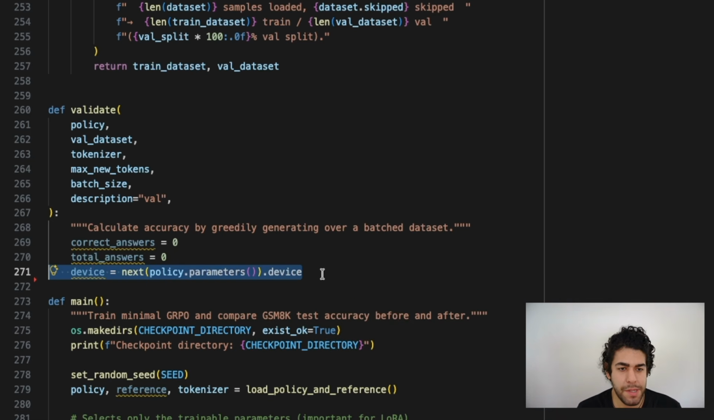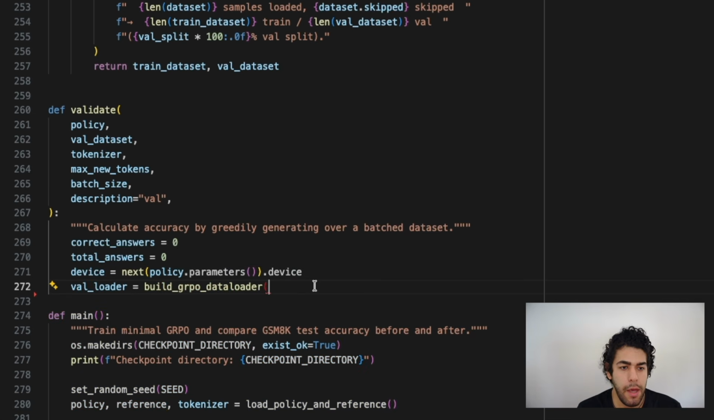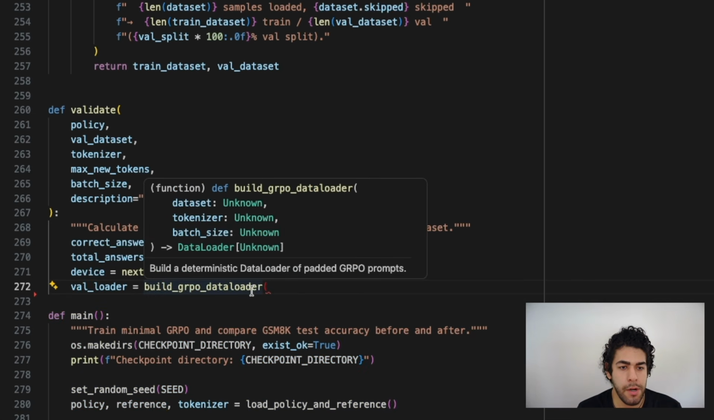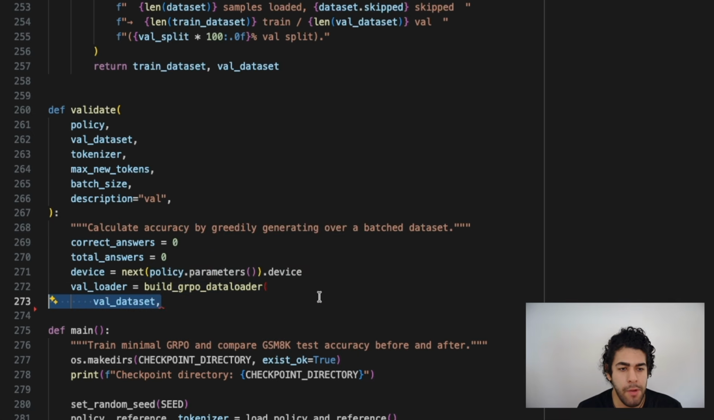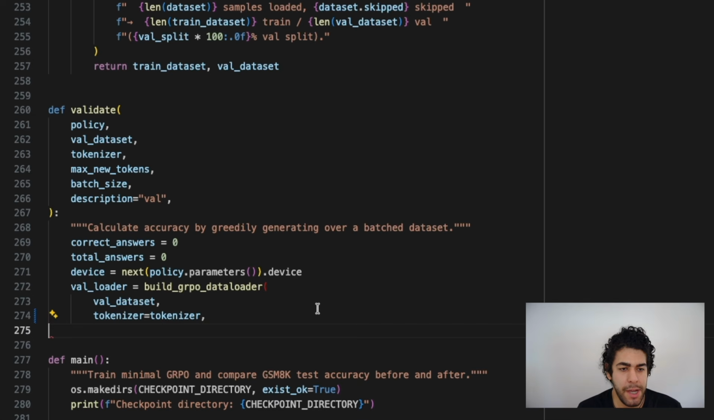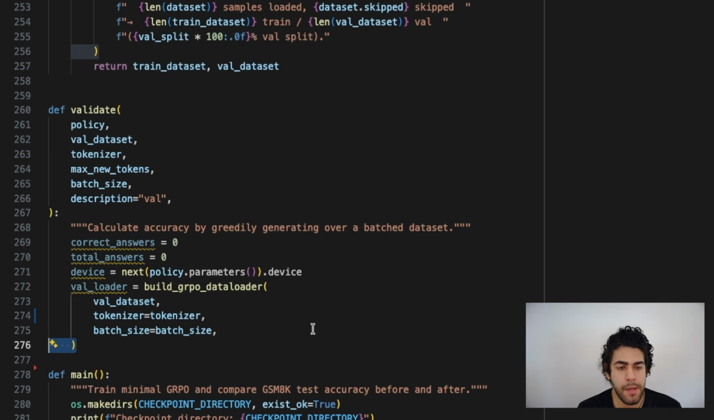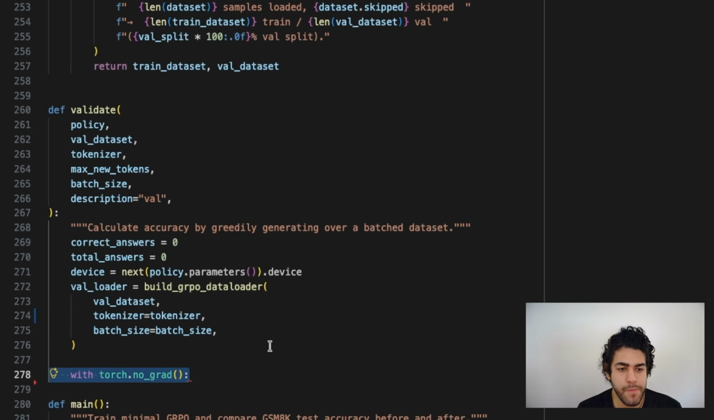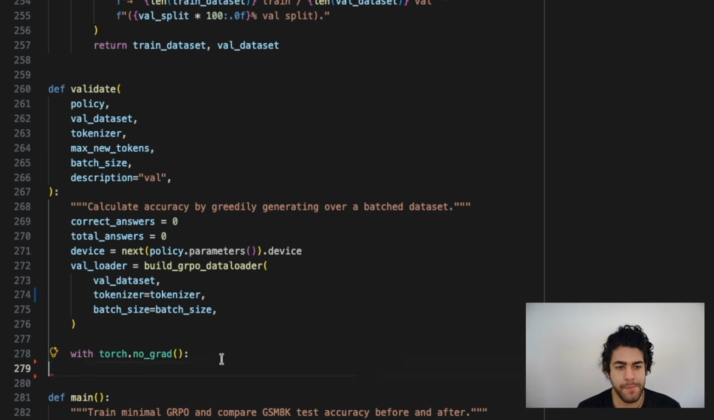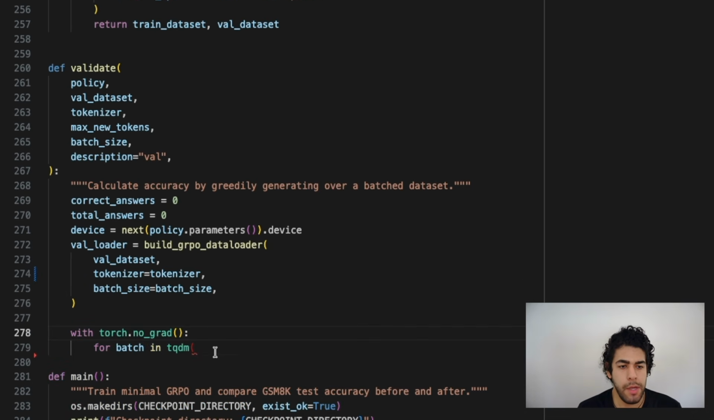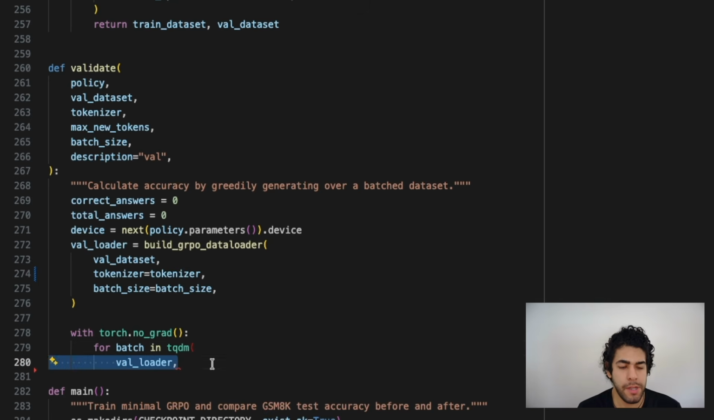We get the device, whether it is CUDA or CPU. And now we will use our data loader function that we just defined. We will give validation data set, we will give tokenizer, batch size, and that's all. So it will return us an iterable validation data loader. We don't want any grad because we are doing validation. So we traverse through the validation data loader